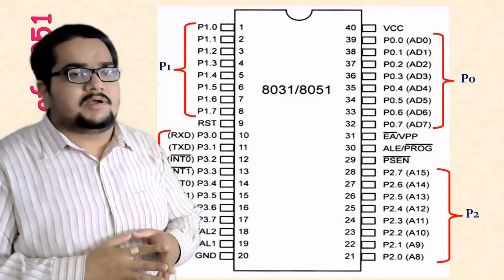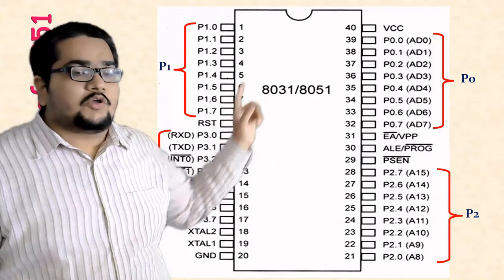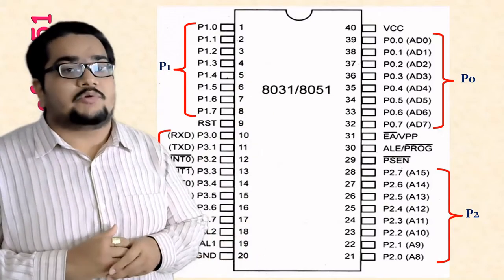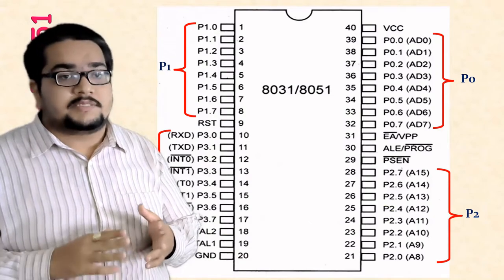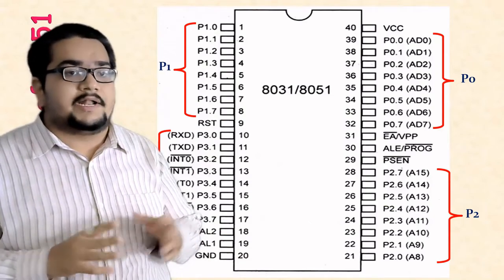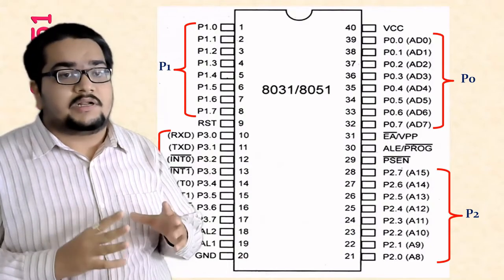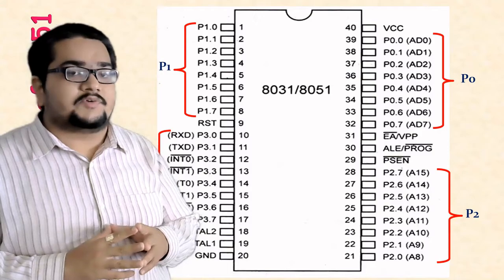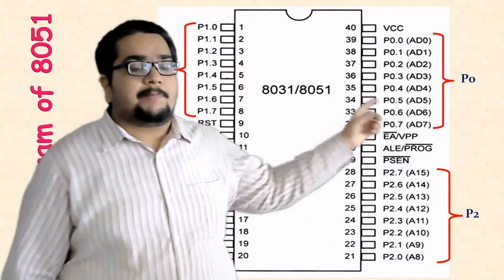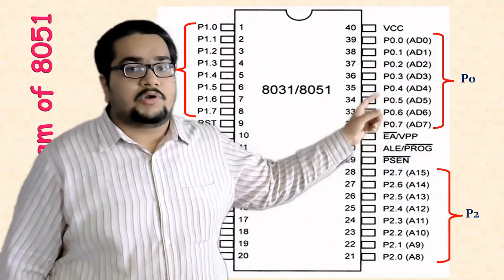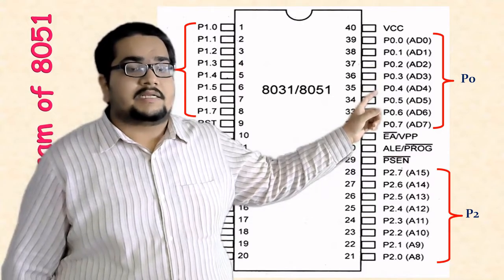Continuing with the pin diagram, it shows that 8051 is a 40-pin DIP structure. Out of those 40 pins, we have 32 bidirectional I/O lines. Port 0 is an 8-bit port. Similarly, ports 1, 2, and 3 are also 8-bit ports. So altogether, 32 of the total 40 pins are allocated to these I/O lines. But port 0 has a special function assigned to it: apart from the functionality of an I/O port, it also functions as the address and data lines.